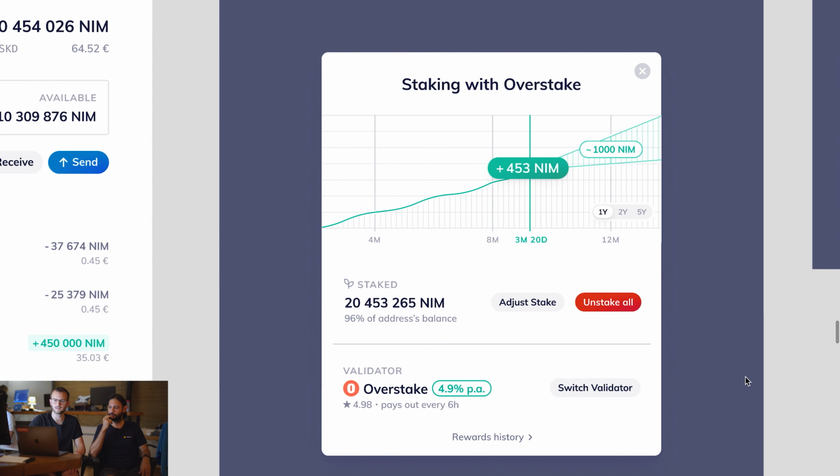Exactly. Yeah. And then here you have some details. You have all the options. You can say, all right, I need some money to be available now, so I could reduce my stake or increase it. I can switch my validator because it might be that the validator became unreliable. I think that is quite an unlikely case for most validators. It is okay for people to have the option.